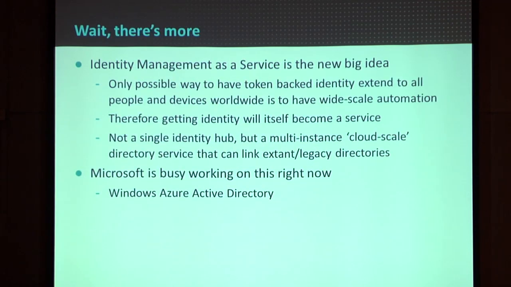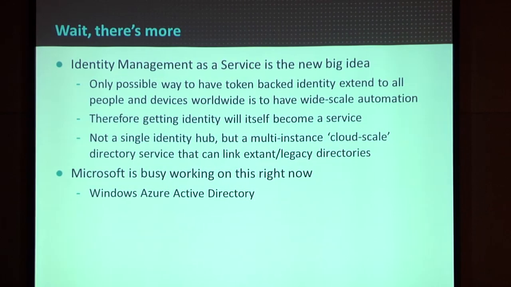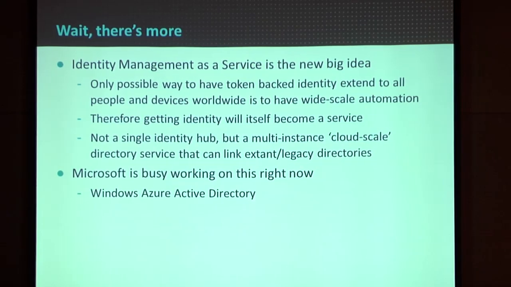So that's going to be a federation approach. And actually the newest development of all is a recognition, as so many things are moving to this API model, and folks are reckoning eventually every person, every device you've got is going to have APIs on it. It'll be queryable in some way, and trying to set up the trust model of who's the identity provider and who's the service provider for that many devices is humanly impossible. It has to be done by automation. So again, people are busy working at that model right now. And Microsoft has done some very interesting things with Windows Azure to support that model, and they're doing more stuff now.